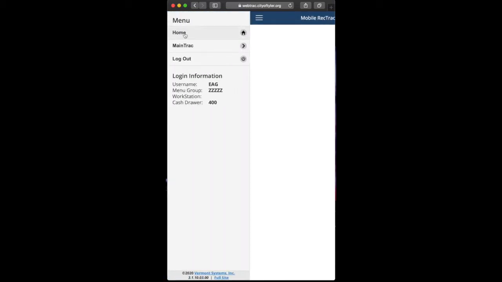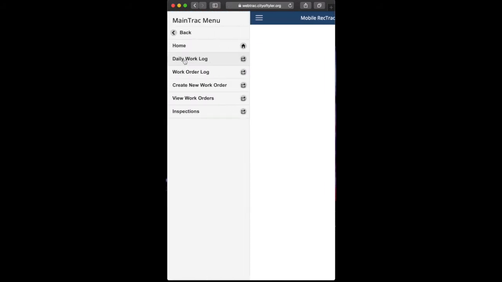Hi, so here is where you are going to learn how to do inspections in Mobile RecTrac MainTrac. So obviously log in like normal. You're going to come in and select your menu icon up here, hit MainTrac menu, and you're going to